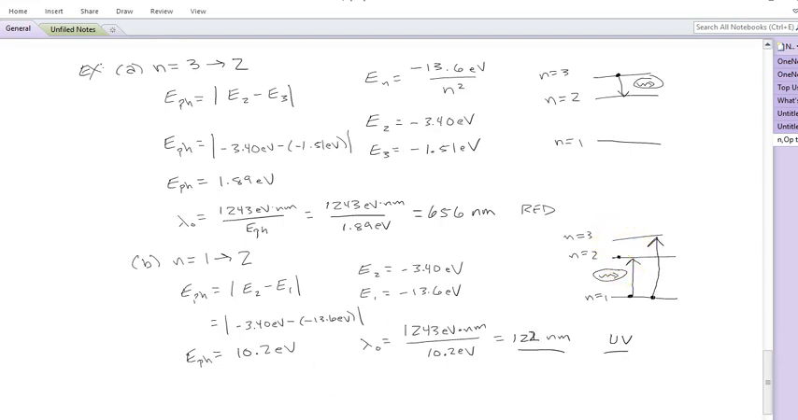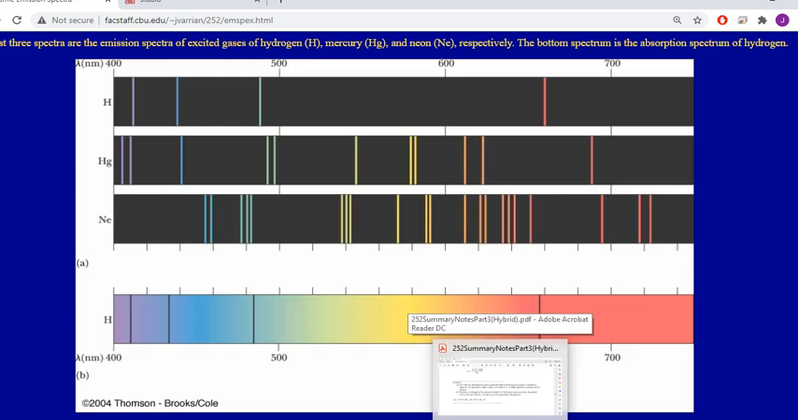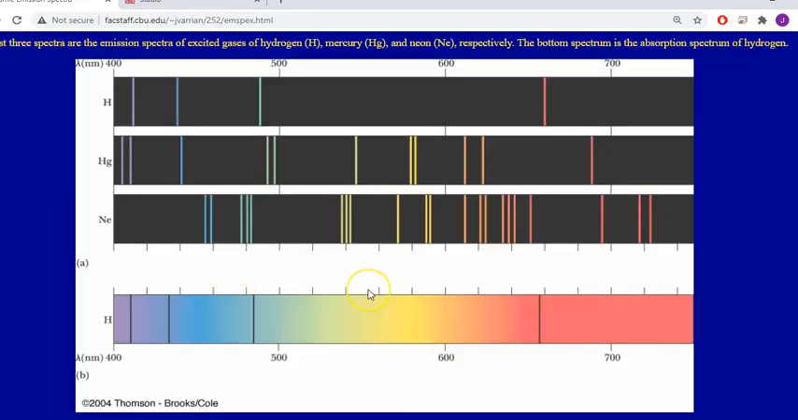The photons that it can absorb are the same ones that it emits, going from n equals 6 to 2, 5 to 2, 4 to 2, 3 to 2. So these same photons that you see up here in the emission spectrum are the ones that are going to get absorbed if you send white light through the gas. Okay? All right, so you can analyze different transitions with the hydrogen atom just using that energy level diagram,